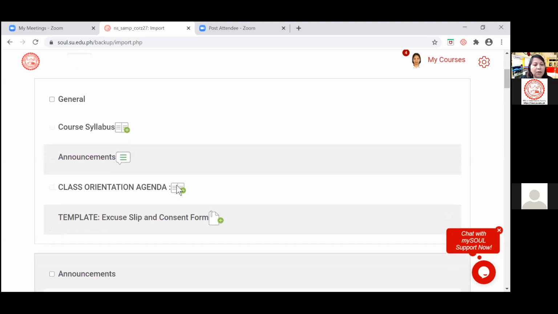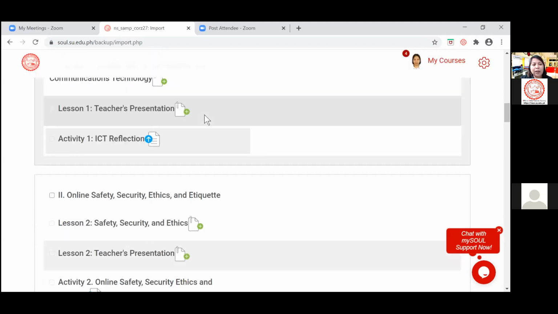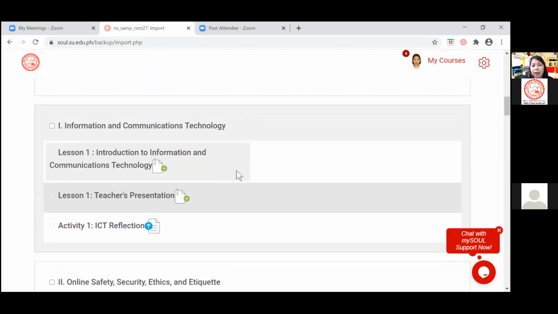So for me, I will just migrate activity one or ICT reflection. So what I'll do is click on the topic name so that everything within the topic would be clickable for migration. And then I will just click that single activity,